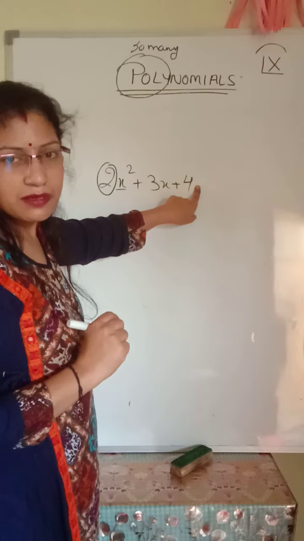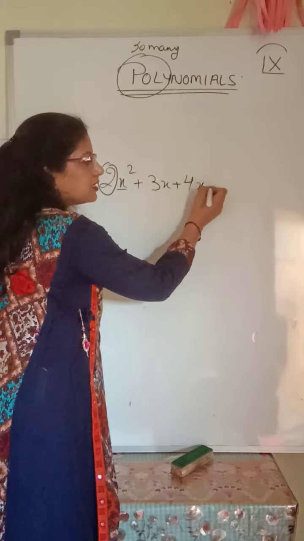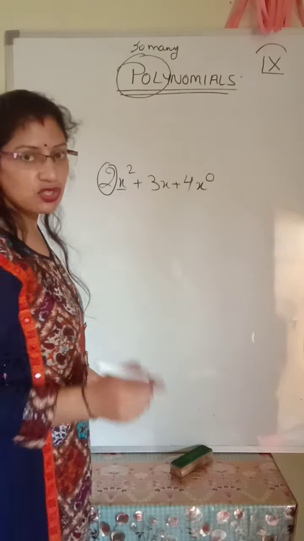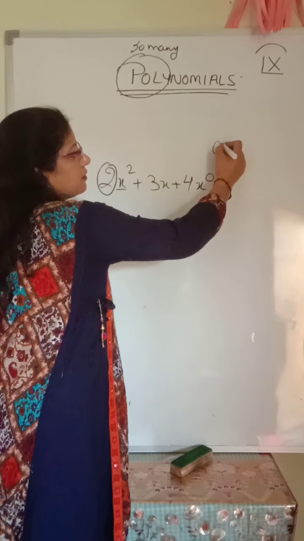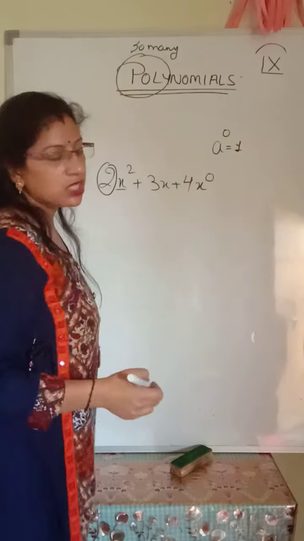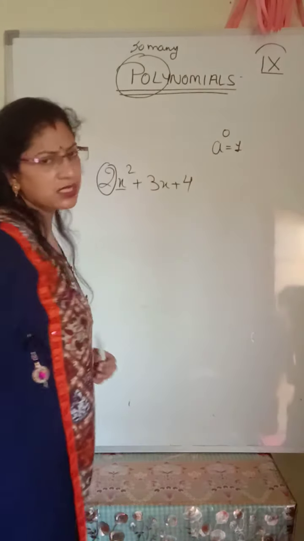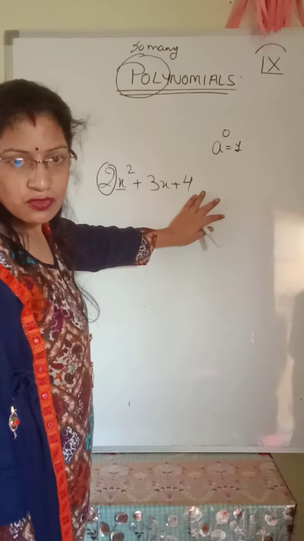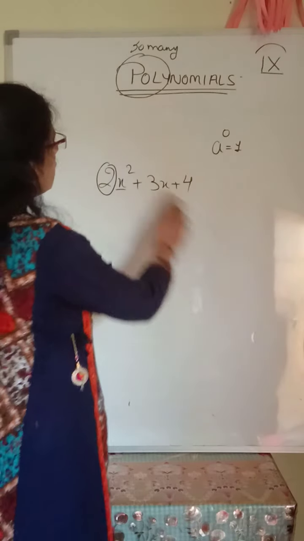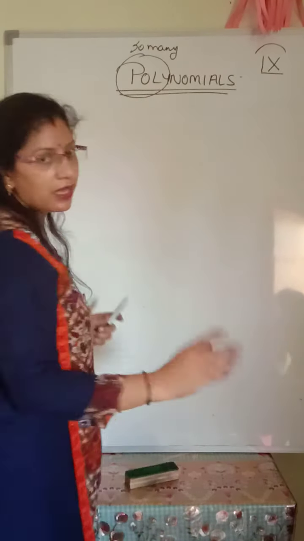What is the variable here? Here is some variable which is having x raised to the power 0, because 2, 1, then 0. But x raised to the power 0, as you read in 8th class, a raised to the power 0 is 1. Something raised to the power 0 is 1. So therefore x raised to the power 0 is 1. So this can be written as this. Therefore x raised to the power 0 is not written. So only this much we can write. Okay. So now let us start directly our exercise.